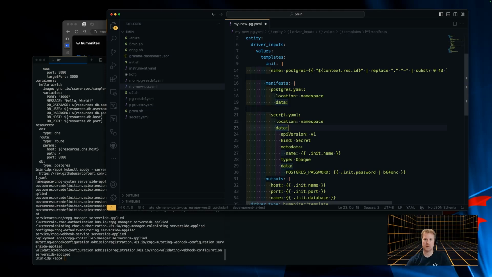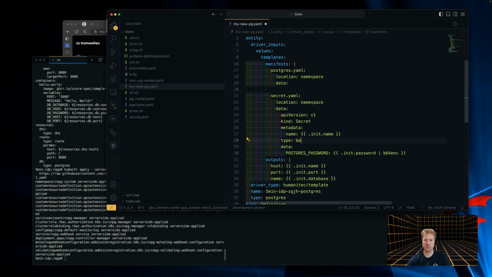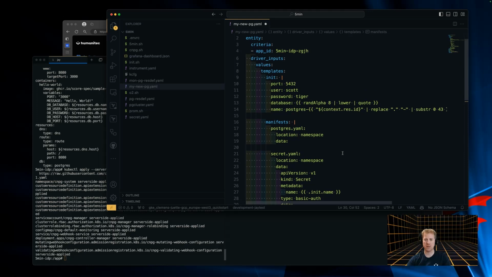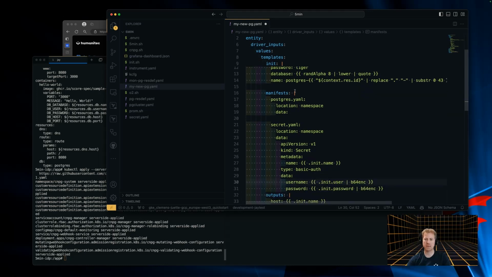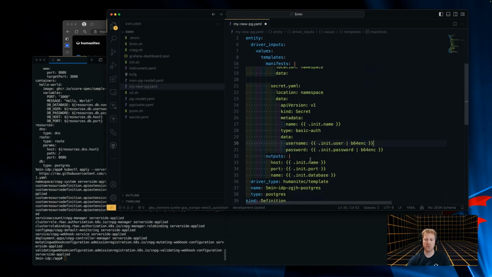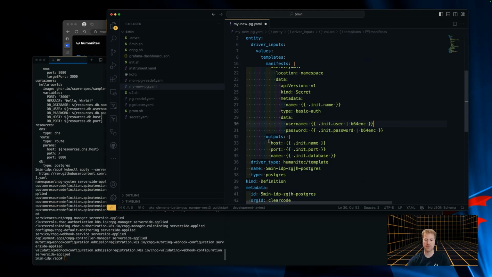And then there is also a secret YAML, and that one is looking rather good. I can take that from the name here. Just the type needs to be basic auth. And to comply to the basic auth scheme, this needs to be password. And I need to provide a username, and that can come from init user as well. So in the init part, we're initializing variables, and then down here, we can use them consistently,